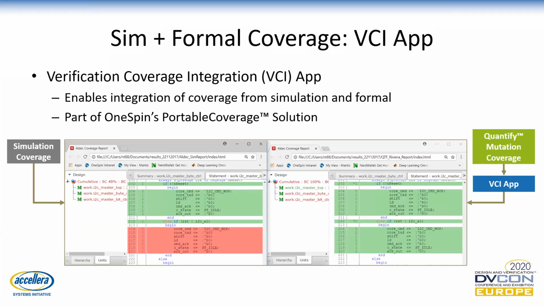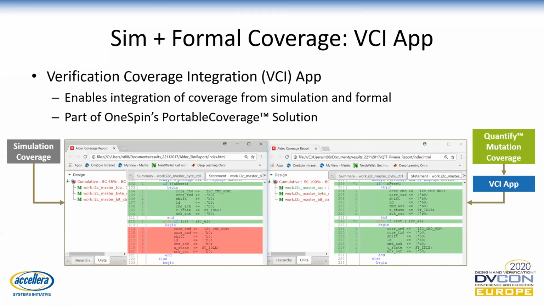So what the app is doing is it gets the Quantify results and generates the same coverage, reported in a third-party database that can be used together with our simulator. So it enables the integration of coverage from simulation and formal, and it's part of the